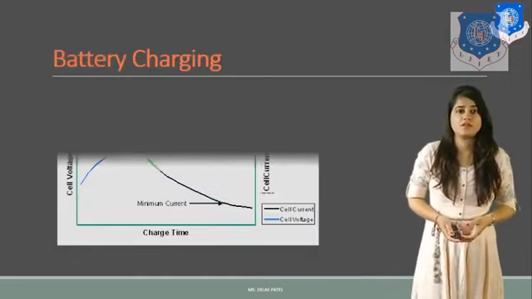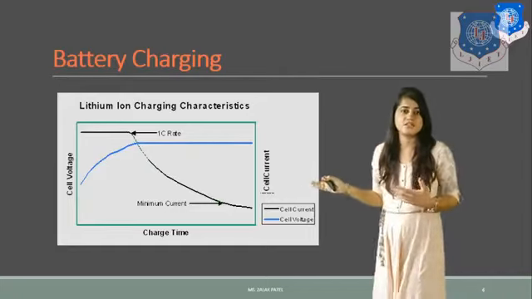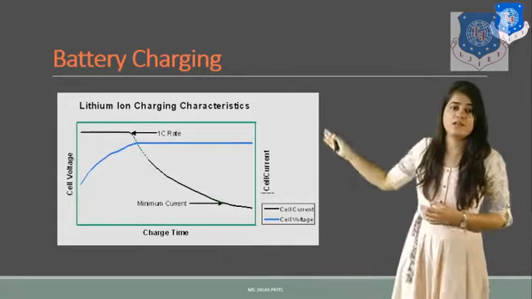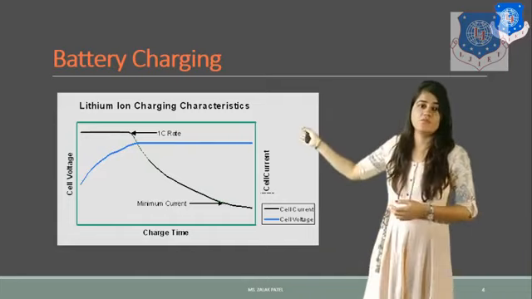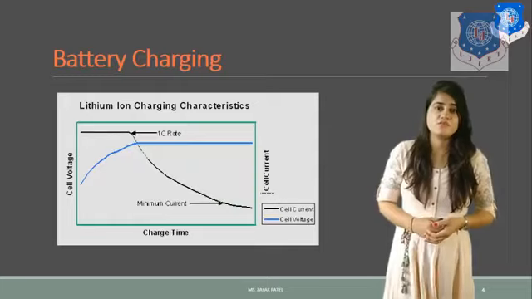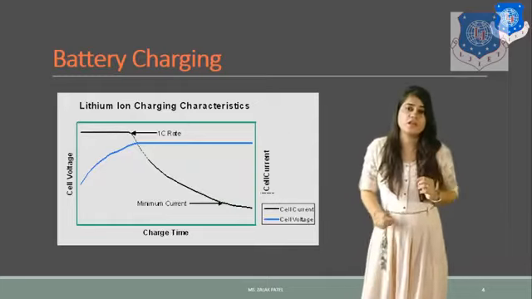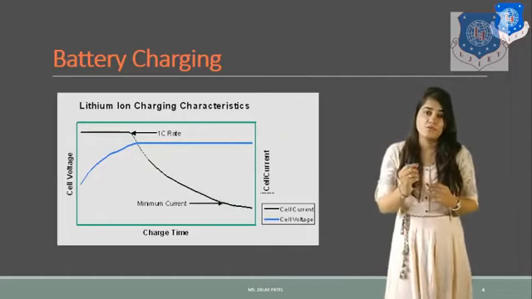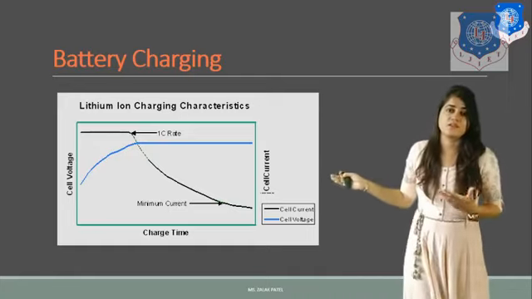Now next is the battery charging and discharging process. Here we take the charging and discharging graph for the lithium ion battery. Here the cell voltage versus time graph is shown. For the charging, you can see in blue color the charging voltage, and between it and the discharging voltage there is one point where they intersect. This point is called the trickle point, and at that point you can mention the voltage value by using the previous table.